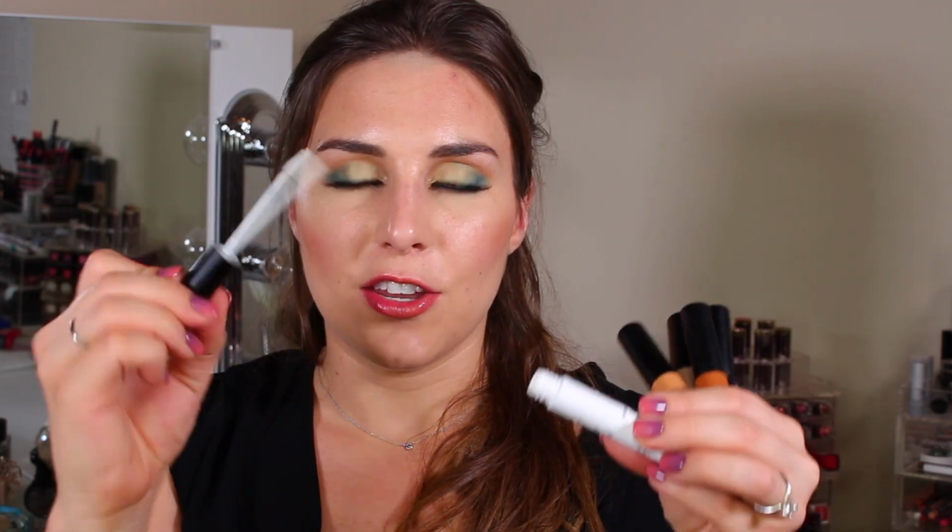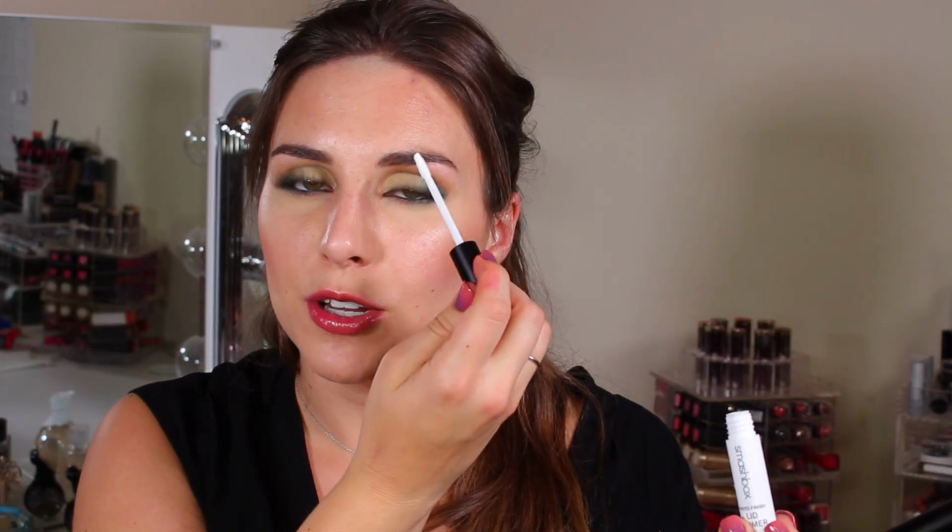The format here is that they come in a tube, obviously, and then you get a doe foot applicator, and so you can kind of build and apply them. I like to put a little dab across the lid and then take a brush or my finger and blend it out. A brush is really great if you're using a deeper shade, a shade that's a little bit deeper than your skin tone. In fact, in a video a little while back, I was only wearing the dark shade